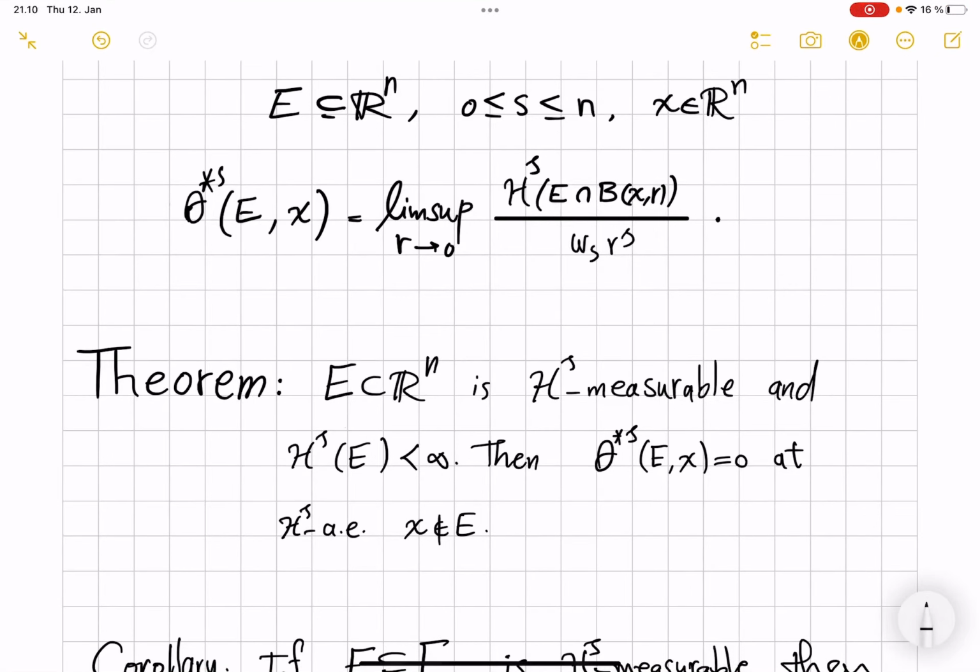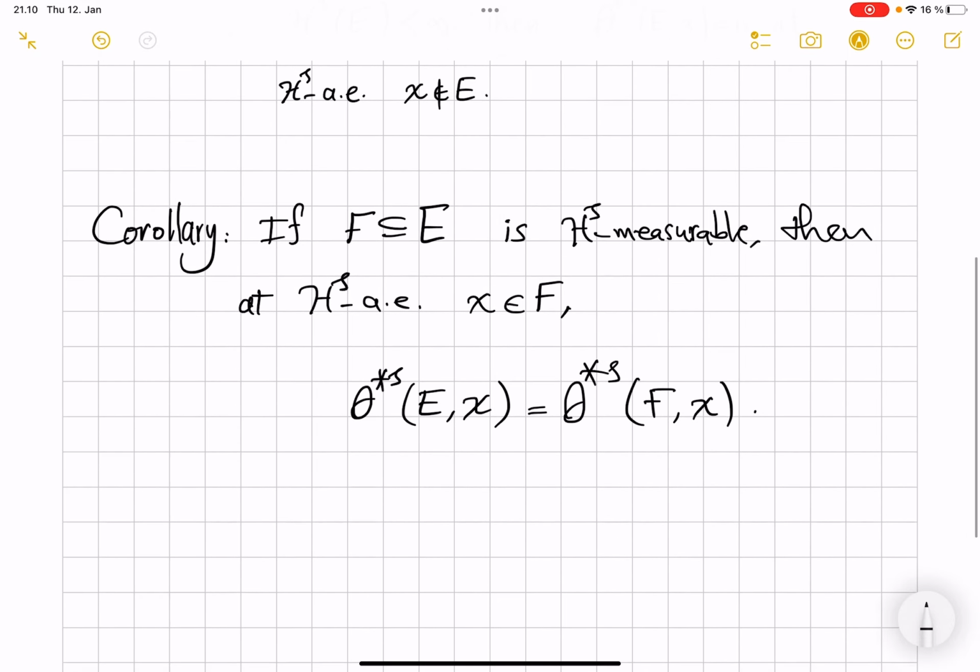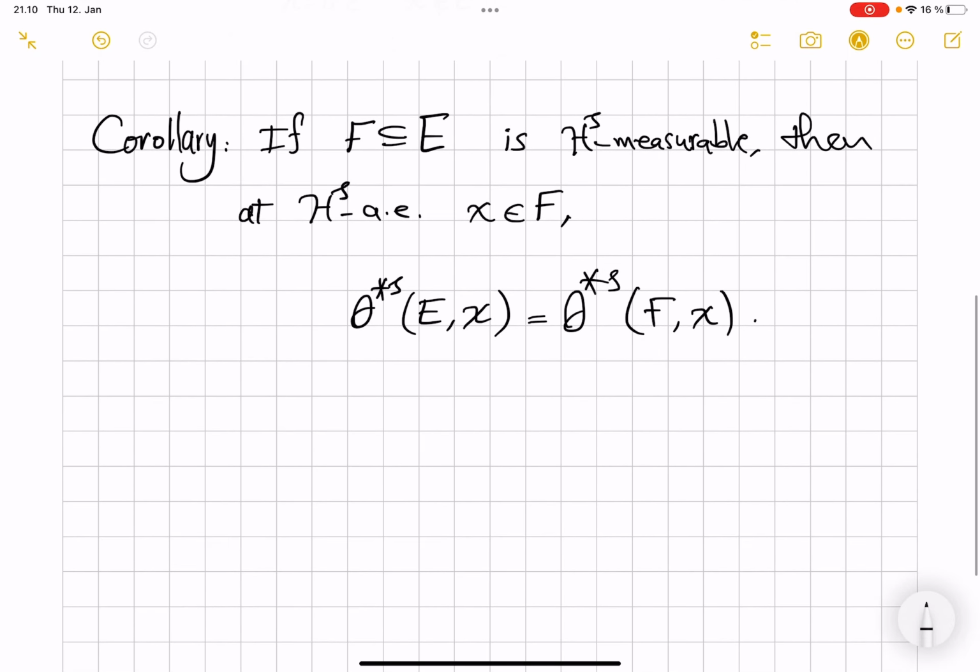We have been looking at the S densities of arbitrary subsets of Rn and discussed some basic bounds on the densities. And in the previous video, I gave the proof from Mattila's book about those bounds. Part of the theorem there was saying that almost everywhere outside a set, the density is zero. This one has a simple yet very important corollary, which says that when you restrict to a subset, on the points of that subset,